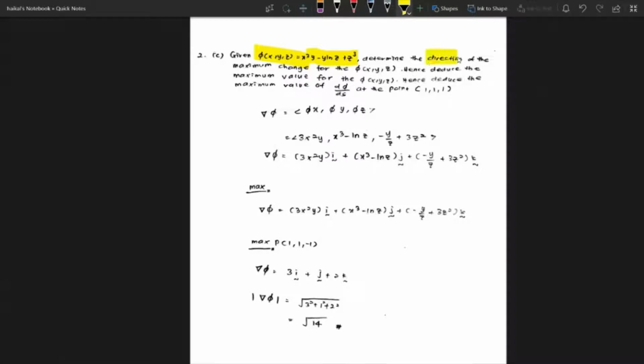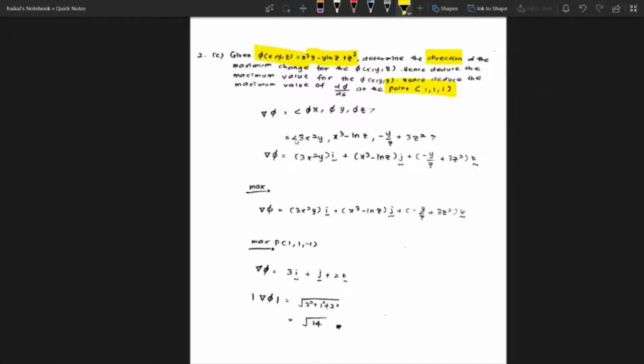Hence deduce the maximum value for phi(x, y, z), and hence deduce the maximum value of d phi over ds at the point (1, 1, 1). So the gradient of phi equals phi x, phi y, phi z. So we get